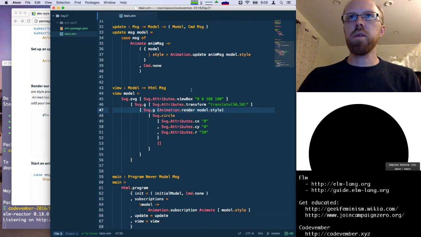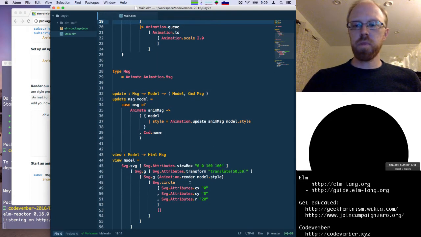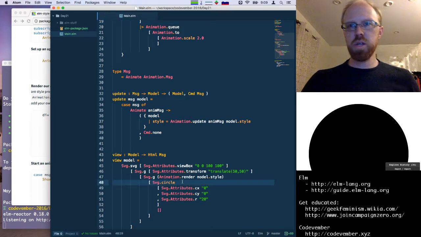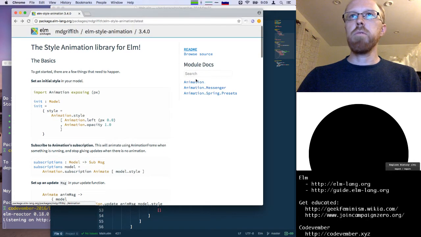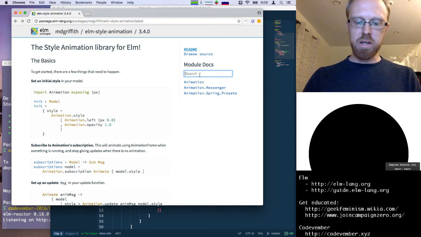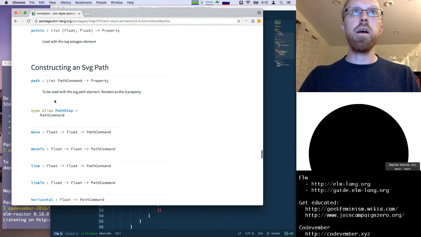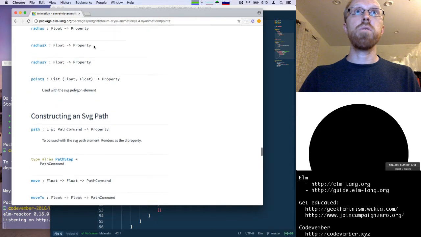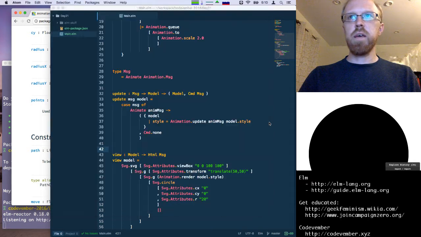So what I'd like to do is have this animate not just the size and the scale and position, but also the actual shape of what we're drawing here. So if I remember right from the demo that I saw in the ElmConf talk about this package, we can actually animate points. Yeah, cool. And it says this is used with the SVG polygon element. So let's try this out, and